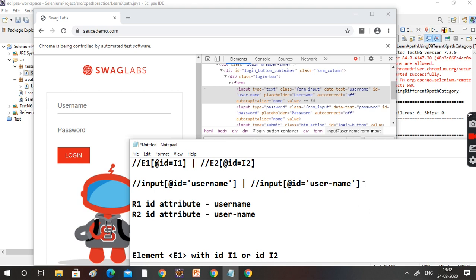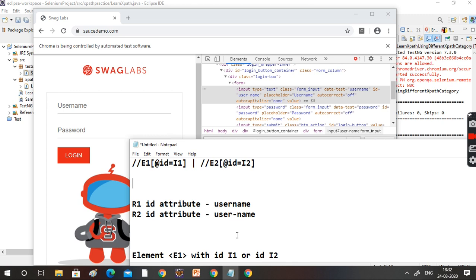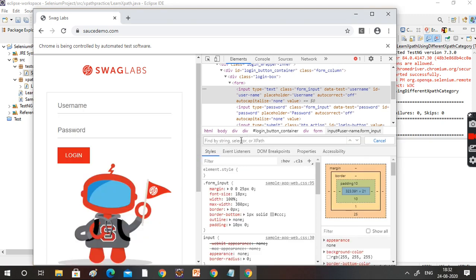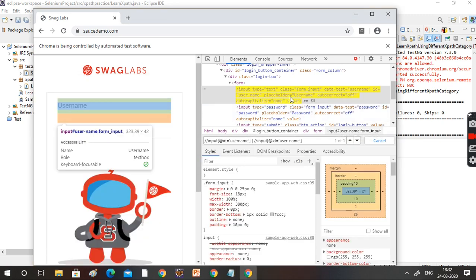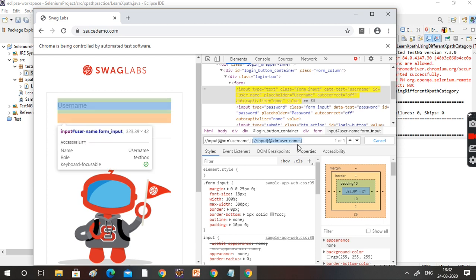So in such a case, your script has to work, right? Let's see what will happen. It is highlighting this one, okay? Suppose you put only this one, will it work? It won't work.